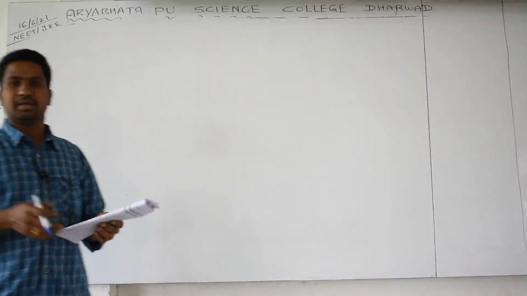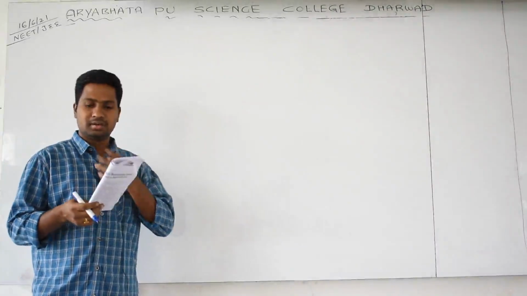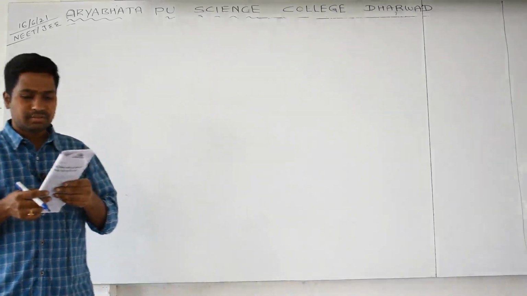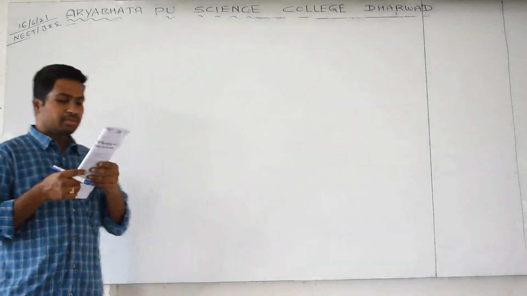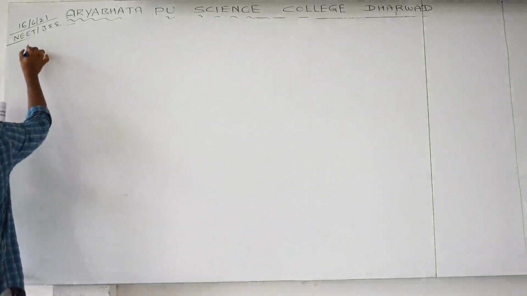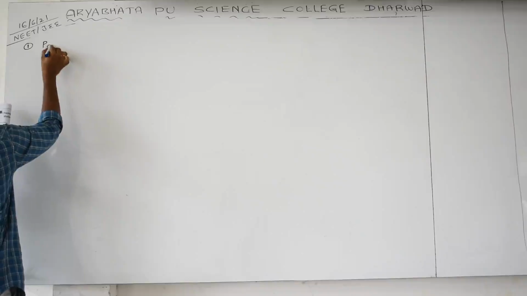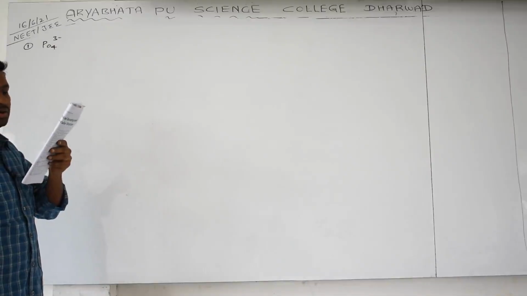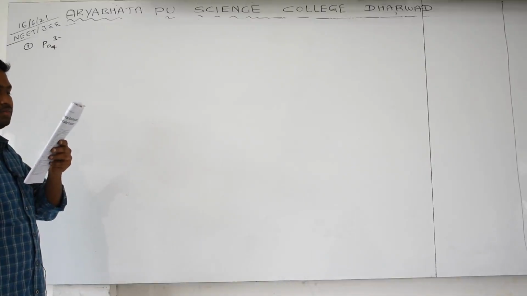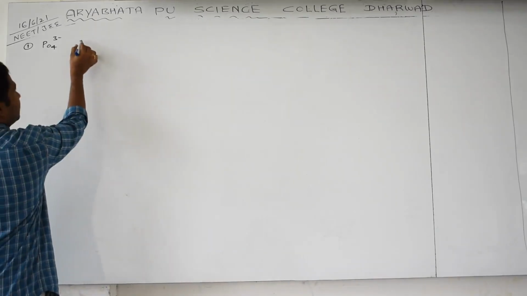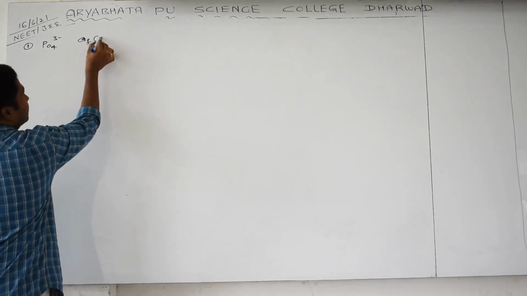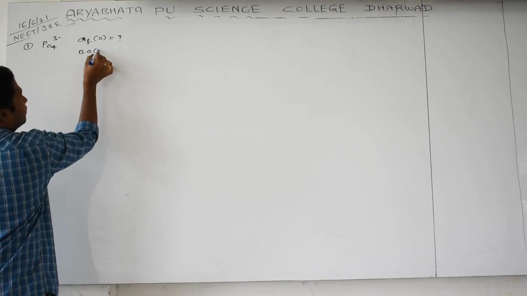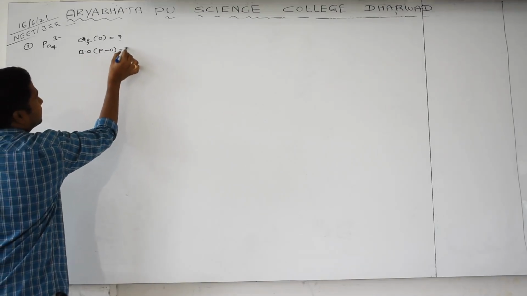We discussed the theory related to chemical bonding yesterday, and now we are discussing the questions. See, the first question in chemical bonding, on the PO4 3 minus ion, is very important. See carefully: in the PO4 3 minus ion, the formal charge on each oxygen atom as well as the PO bond order is being asked.